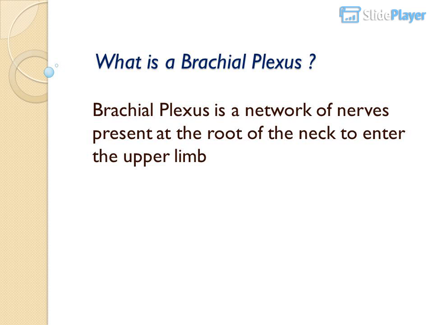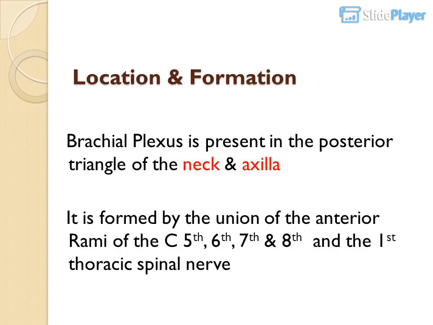What is a brachial plexus? Brachial plexus is a network of nerves present at the root of the neck to enter the upper limb. Location and formation: the brachial plexus is present in the posterior triangle of the neck and axilla. It is formed by the union of the anterior rami of the C5, 6, 7 and 8 and the first